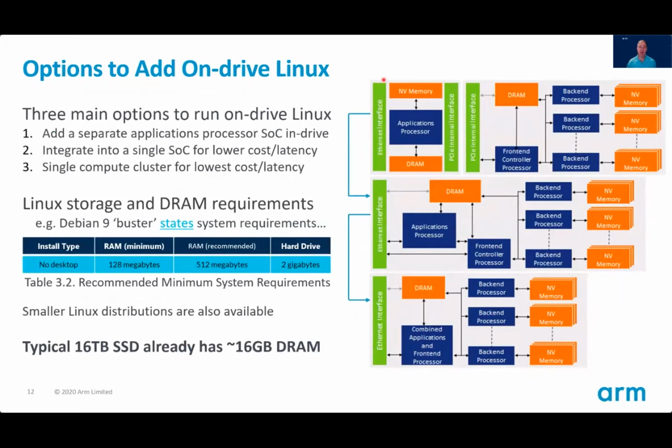So let's take a look at options to add on-drive Linux. If we take a look at these diagrams on the right-hand side, starting with the one on the top, this box that I'm circling with my laser pointer is a traditional SSD, where we have our front end that we mentioned previously and our back end, and a PCIe interface. And this is a daughter card or an interposer that would connect up to it. On this daughter card is an applications processor. Data can be moved from the drive across this PCIe interface into the applications processor for compute, and results can certainly be sent back. So this is a great proof of concept for computational storage, leveraging existing SSDs today with a small daughter card, but it has some challenges.